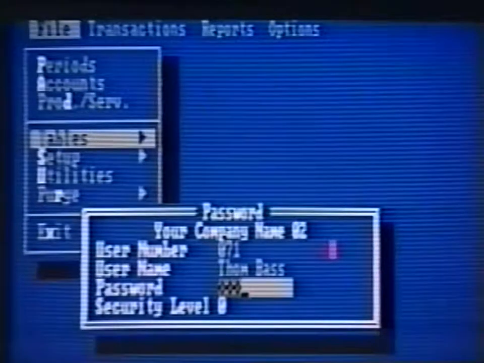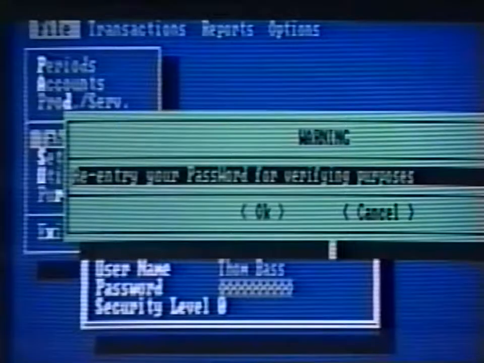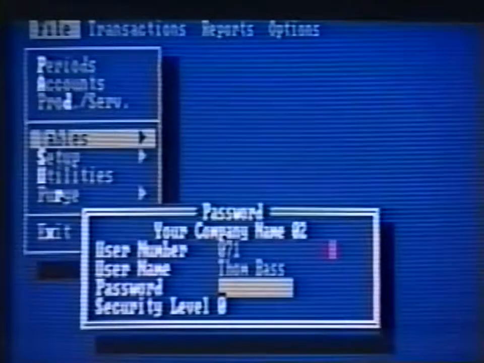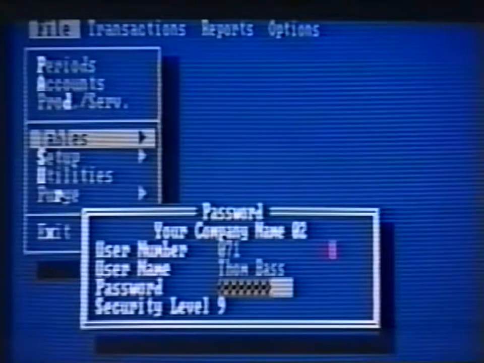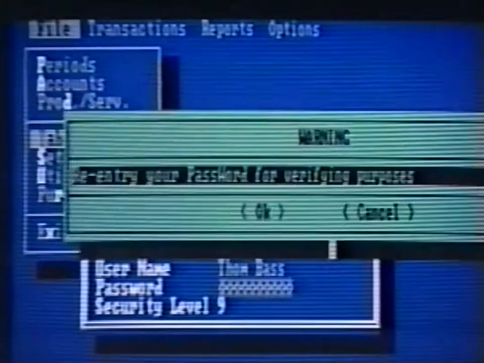The password you type won't display on the screen, so to verify that you typed the password correctly, Pacioli 2000 will have you type the password again. If the 2 versions match, the number 9 will appear in the security level field. Now press the F10 process command to accept the password. For final verification purposes, Pacioli 2000 will ask you to once again enter your password. Now only you will be able to access Pacioli 2000 routines. You can allow others to access certain parts of Pacioli 2000 by letting them enter their own passwords. For details, see your user manual.